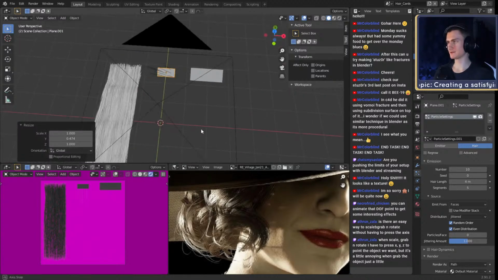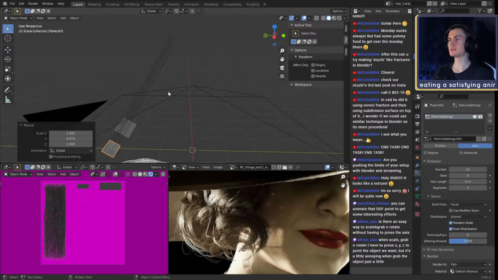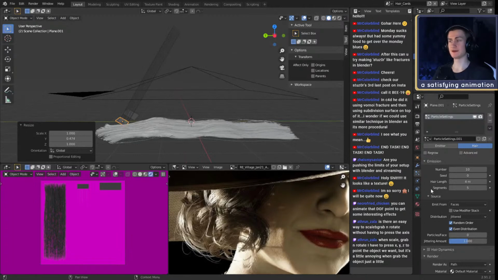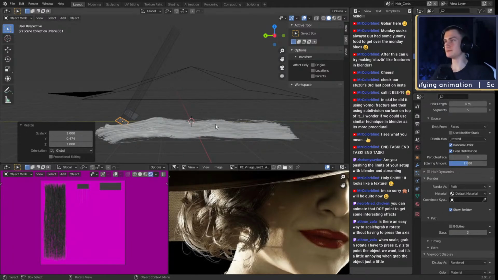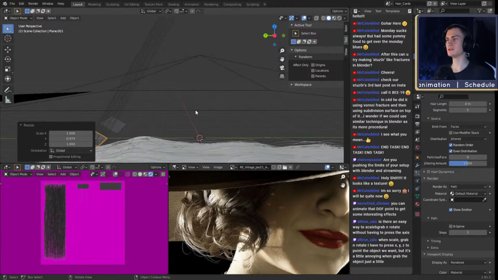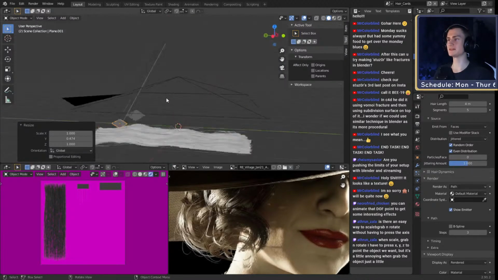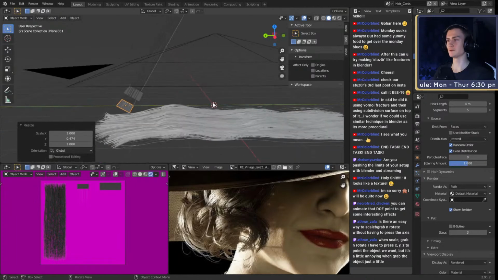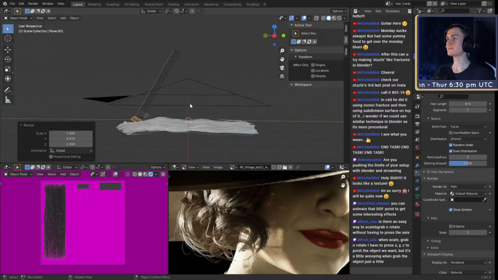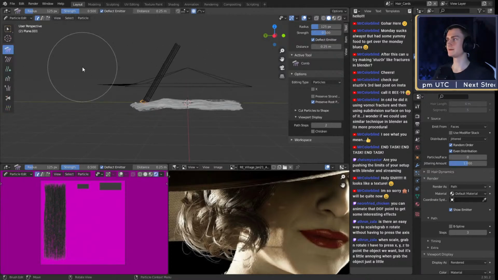Of course, there aren't a lot now, but we're gonna use those and then apply children to adjust the shape. We can now more individually adjust the parents, which will dictate how the children react or will form. So we can go into particle edit and preserve strand is still off.